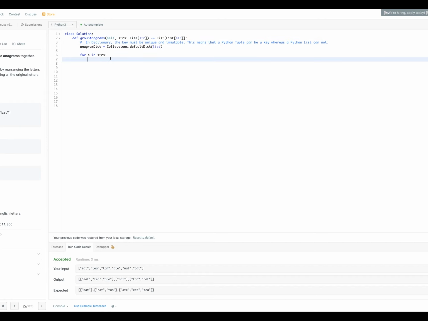So again, all you have to do is do a tuple of the sorted string equals s if s not in anagram dict